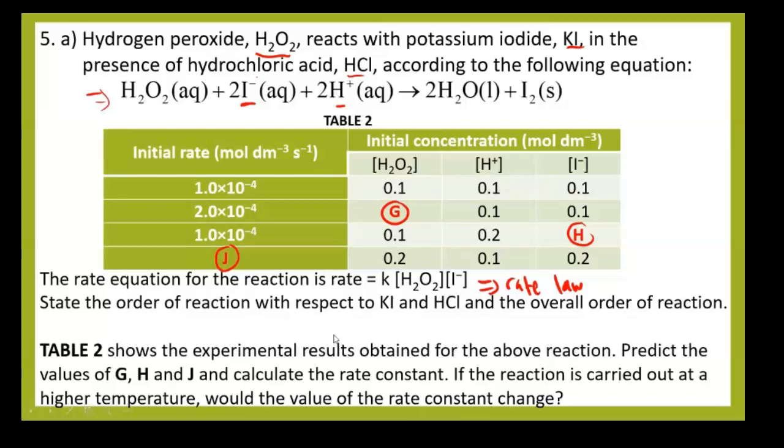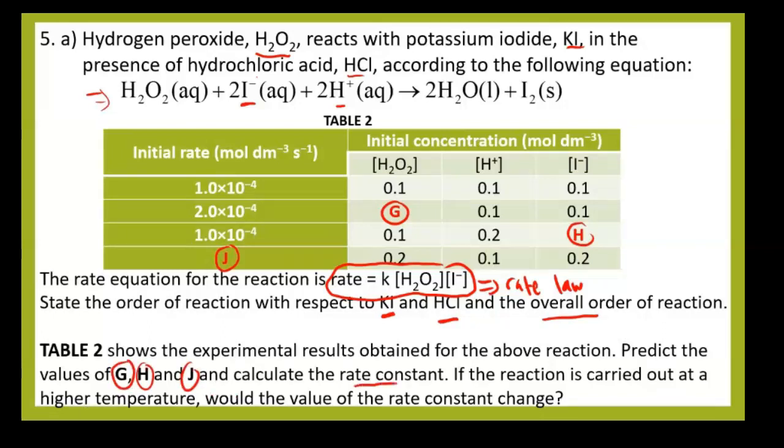Then they ask you to state the order of reaction with respect to KI and HCl. It's a very direct question. Just look at the rate law and you can answer it: state the order with respect to KI and HCl and the overall order. This question is direct because it already gives you the rate law. Then from Table 2, they show the experimental results obtained for the above reaction. They ask you to predict the values G, H and J, the unknowns given in the table, and calculate